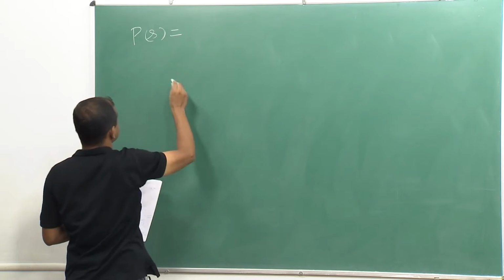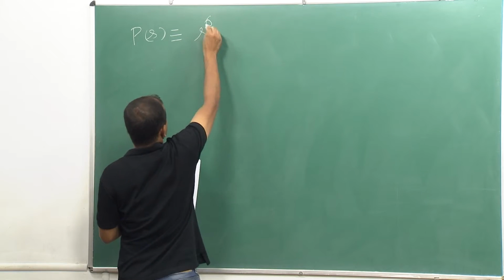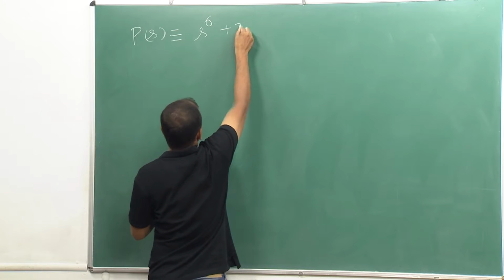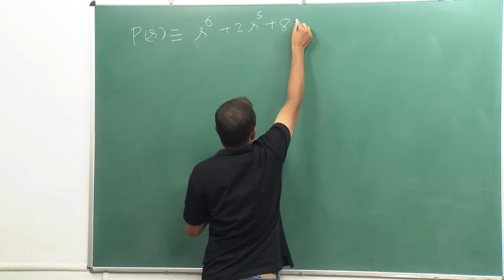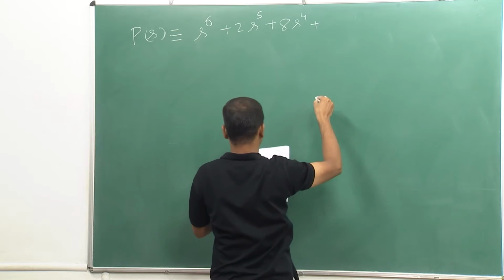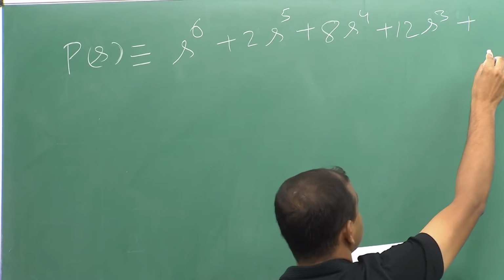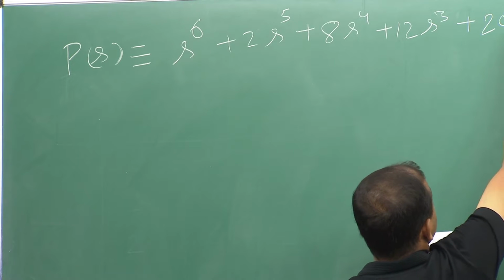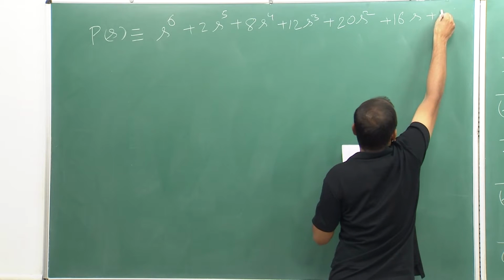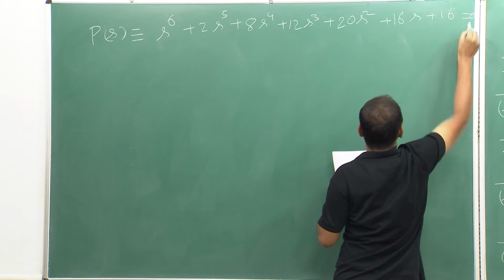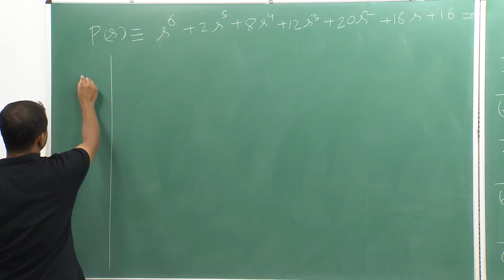P of s is s to the power 6 plus 2 s to the power 5 plus 8 s to the power 4 plus 12 s cube plus 20 s square plus 16 s plus 16. If I construct the Routh array,